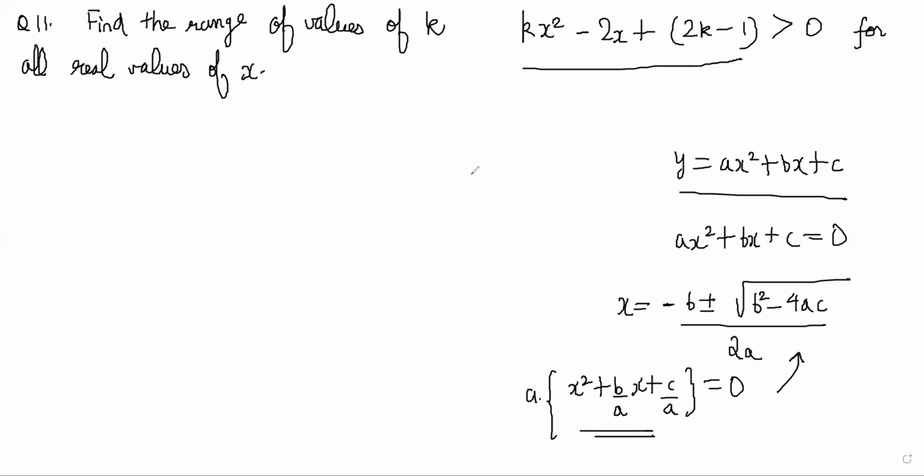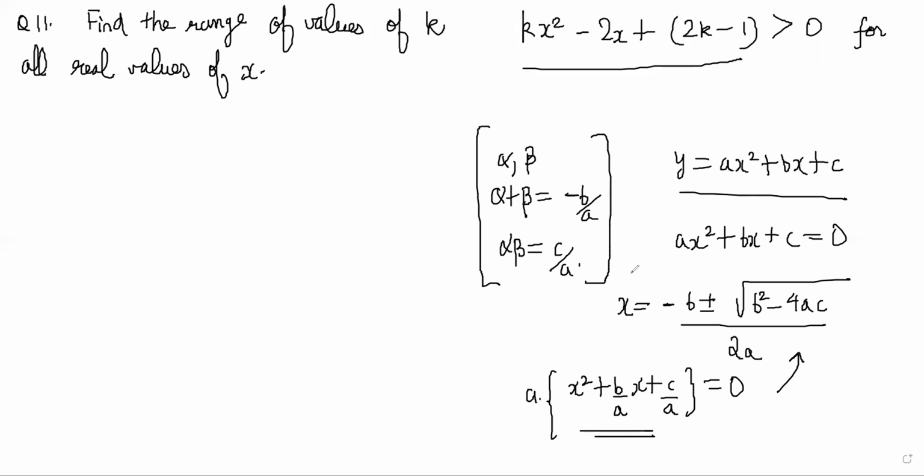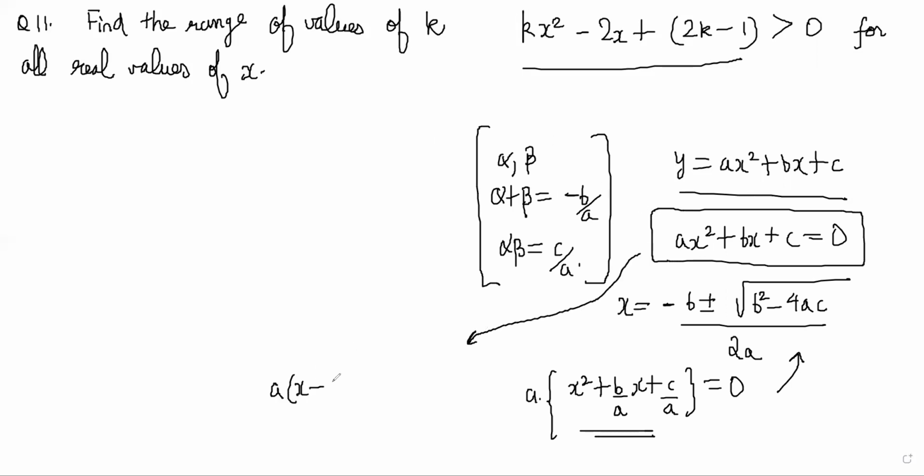Okay. So we also know things like if alpha and beta are the roots, sum of the roots is equal to minus b by a, and product of the roots is equal to c by a. So this is basic stuff. And if you have a quadratic like this and the roots are alpha and beta, then it can be written like a into x minus alpha and x minus beta, right? Because obviously x is equal to alpha is a root, so alpha should satisfy this, right? So x minus alpha and x minus beta are definitely factors of this quadratic, right? So this is standard stuff that we know.